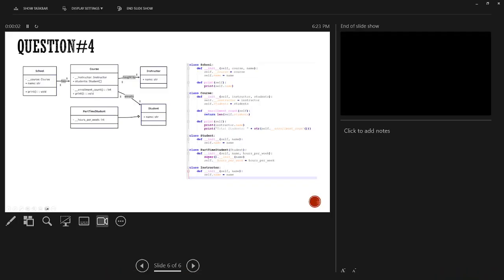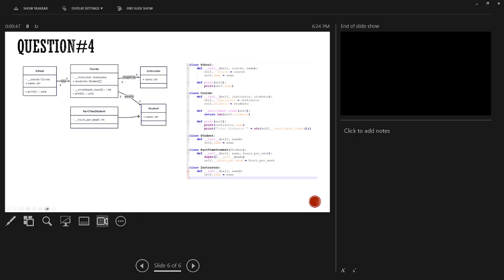Okay, here is the Python code that we were given, and this is my UML class diagram. As you can see, each of the classes mentioned in the code has been reflected here in the diagram. For the school class, the course attribute is a private attribute. As we can see here, it is with a double underscore, so it comes with a negative, whereas the name attribute does not have this double underscore, so it's a public attribute, so it's shown here. And then we have the print method, which is also publicly accessible by other classes, so here we have the